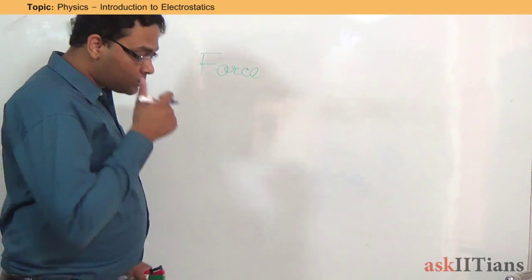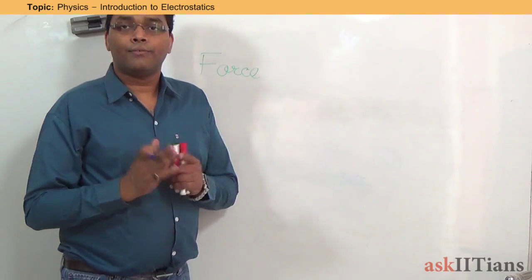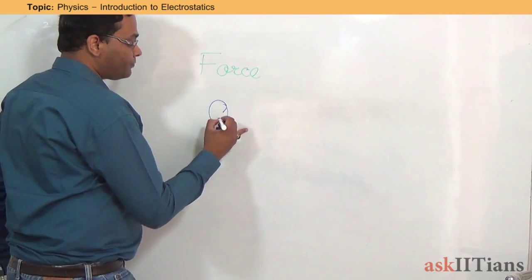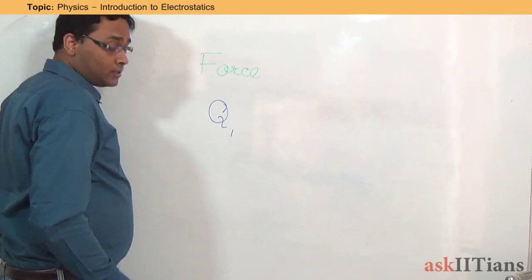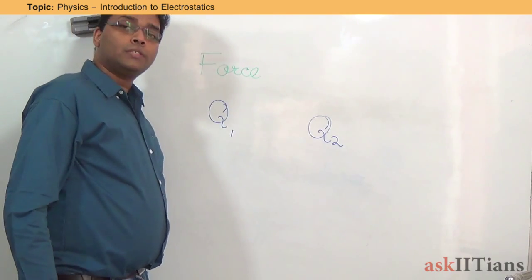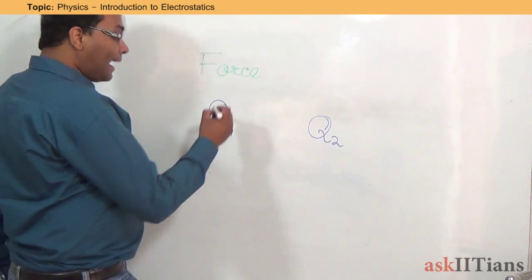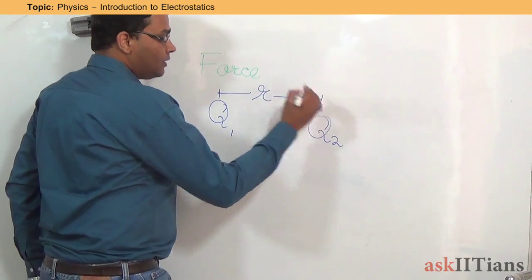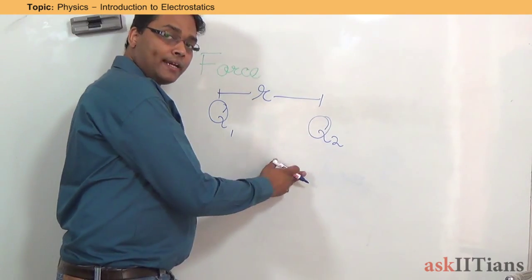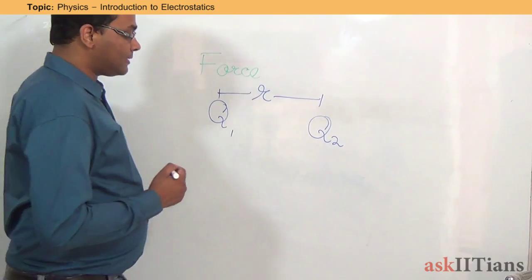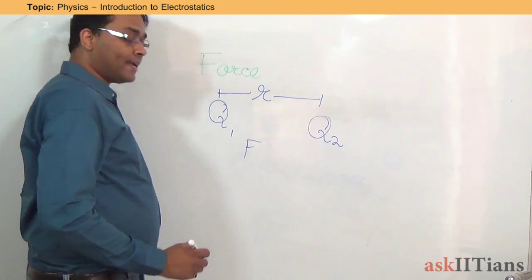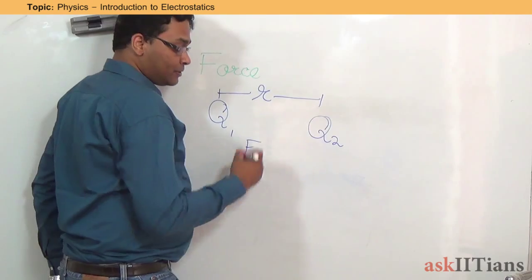So for the force to exist, as we saw, we had the two gold leaves separating out. If I say Q1 is one of the charges, I'm taking two arbitrary charges, Q1 and Q2. At any particular instant, let's say they're separated by a distance r. When these two charges are separated by a distance r, there should be a force that exists between them. So if I say F is the force that exists between these two charges,